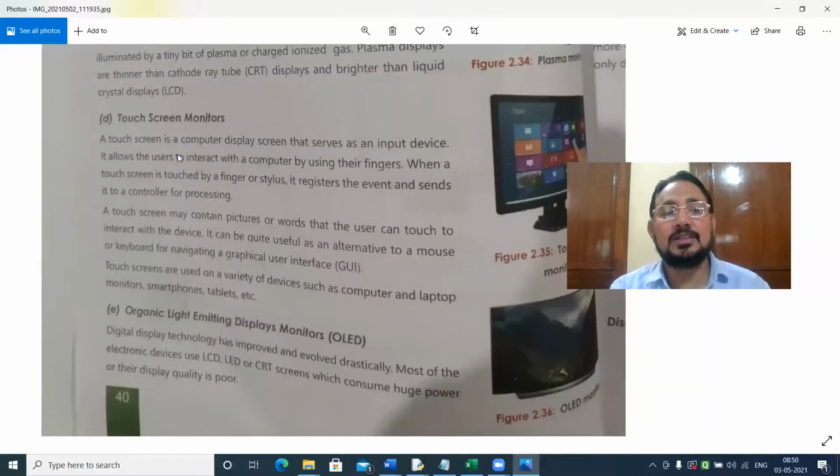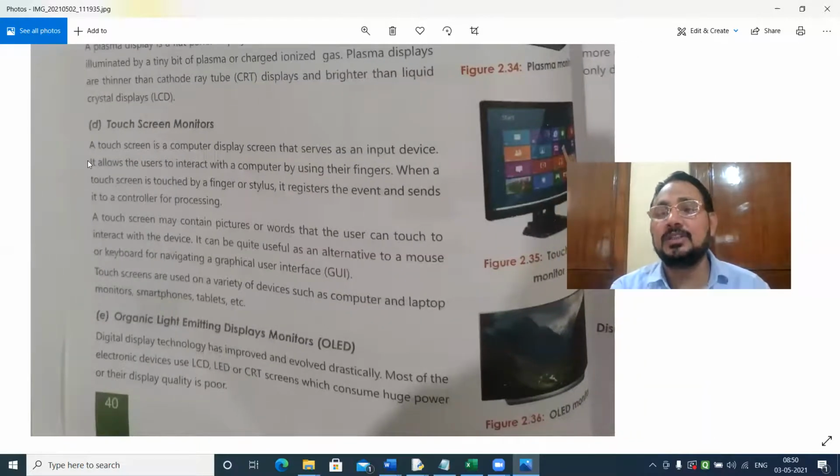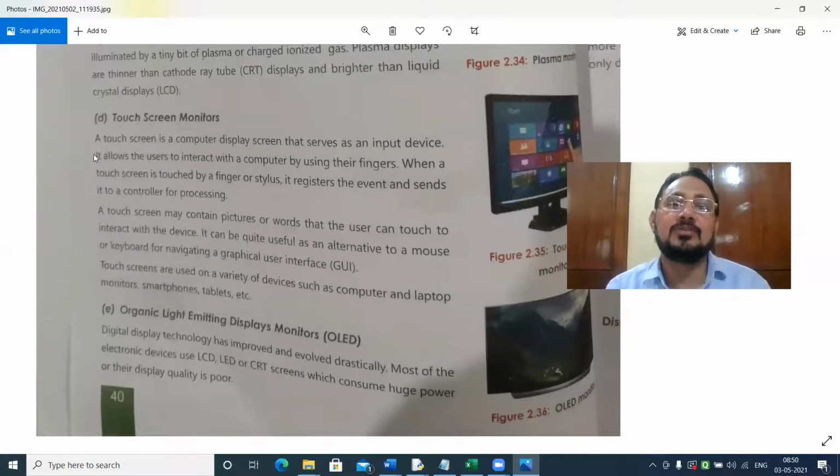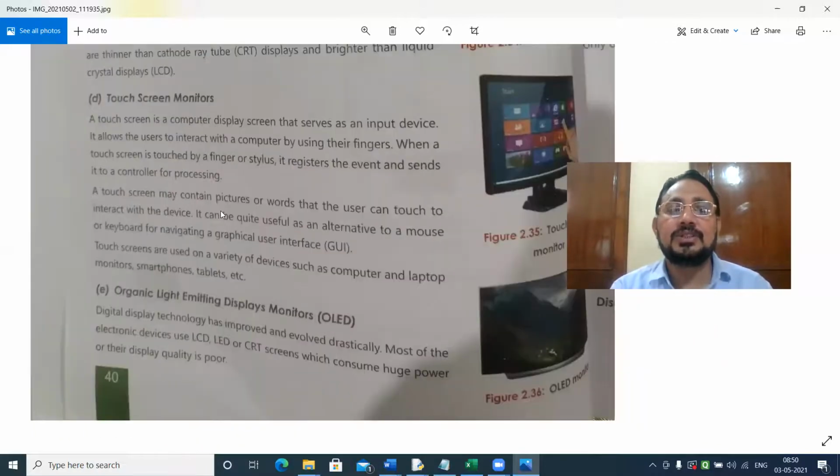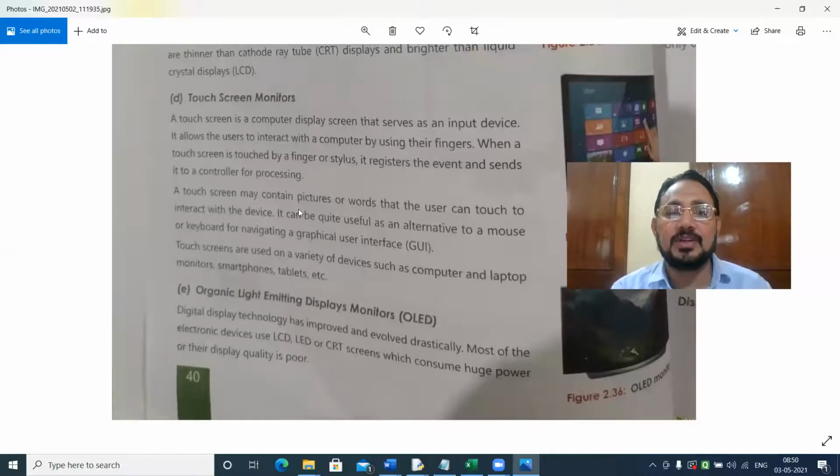A touch screen, next comes the touch screen monitor. Now mostly desktops or mostly laptops have a touch screen monitor. A touch screen is a computer display screen that serves as an input device. It allows the user to interact with a computer by using their fingers.